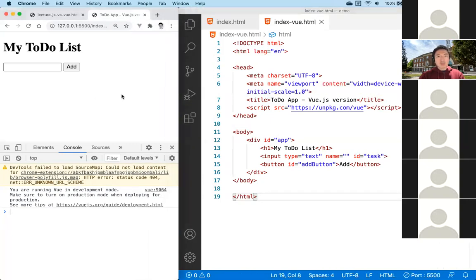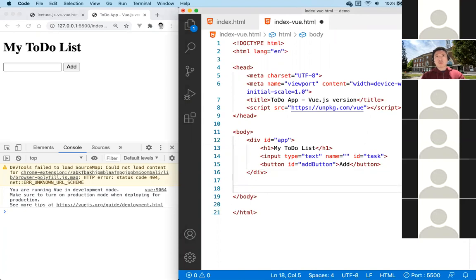Okay, and so you can see this is our Vue version, the to-do Vue.js version. And we add a few things here. This is just copied over from the previous version, so it's all there. This part will be similar, and the difference comes in when you're starting to write the JavaScript